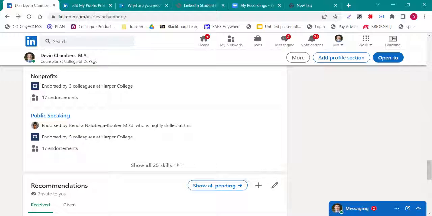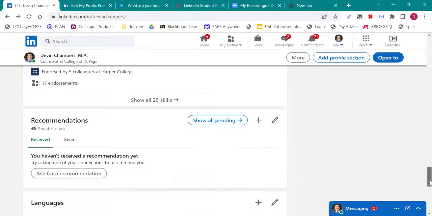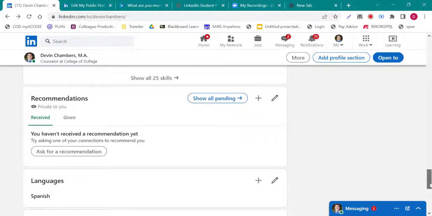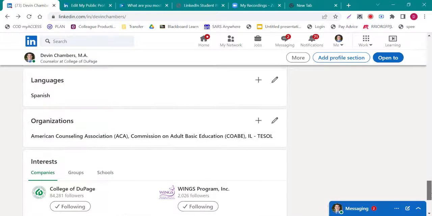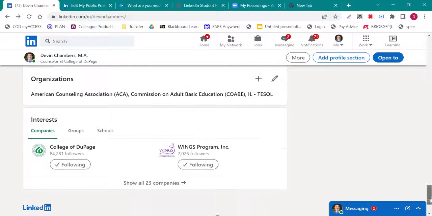And I actually dropped speech class in college when I found out I didn't have to take it. But I've come a long way. You can endorse your classmates and your friends and your connections. And then it shows up here, which is nice for employers or people that want to see things that you're strong in. And then interest groups are going to be in the bottom here.